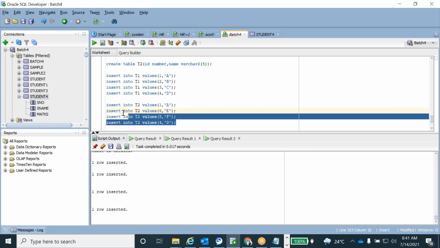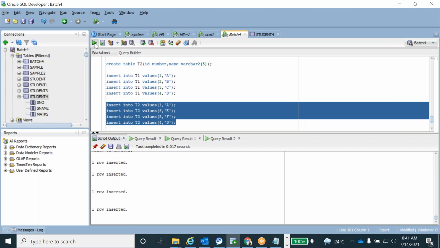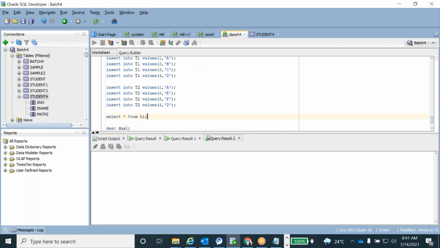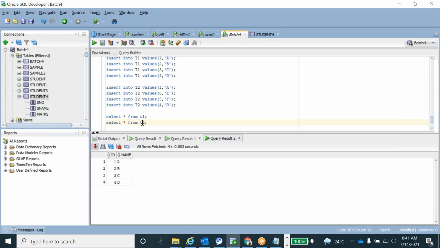We'll see. So 2 records came. So here are 4 records, here are 4 records, guys.